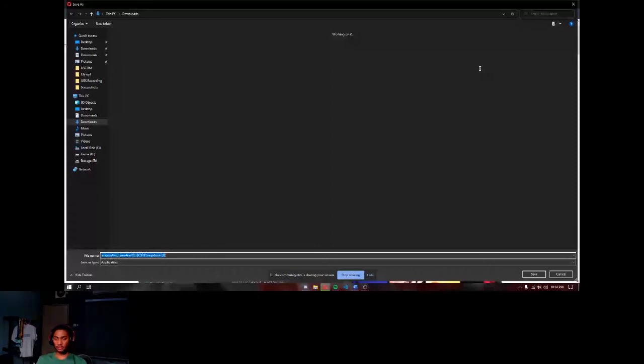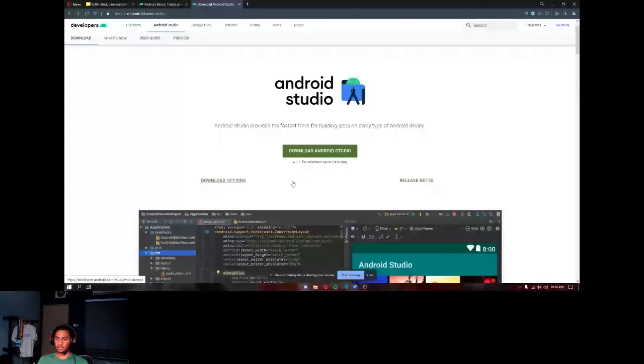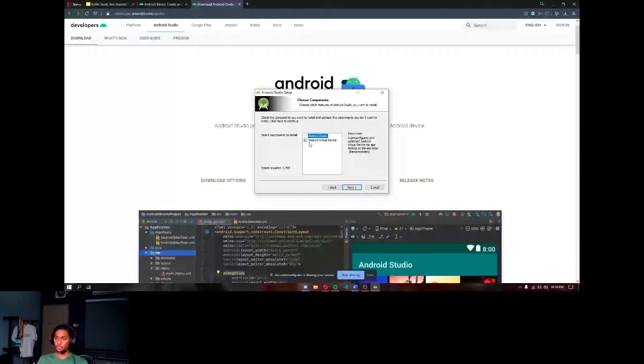Okay, the installer file. Okay, click next. Okay, in this page over here, there's a checkbox here, Android virtual device. Make sure it's ticked because we will use the Android virtual device after this. And by default, just click next. This is the path. Just click next and install. Basically, to install it, just click next, and install. And then after this, click finish.